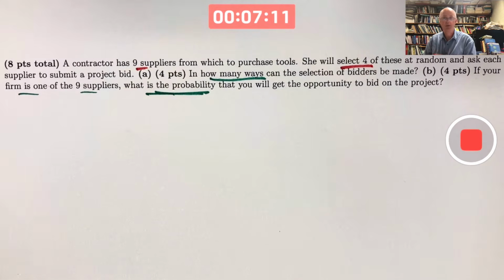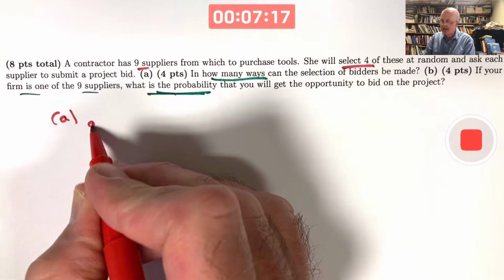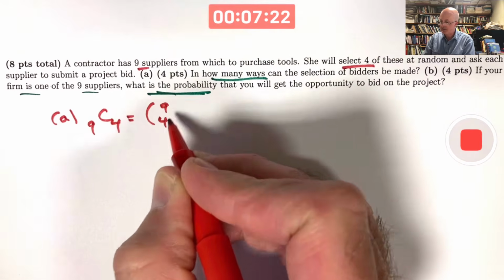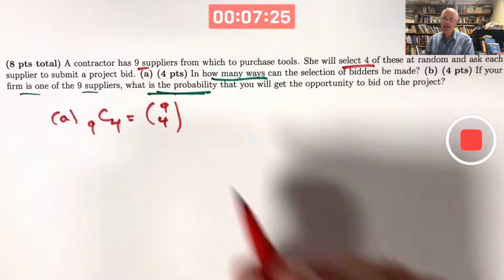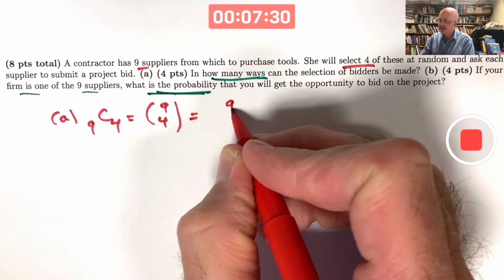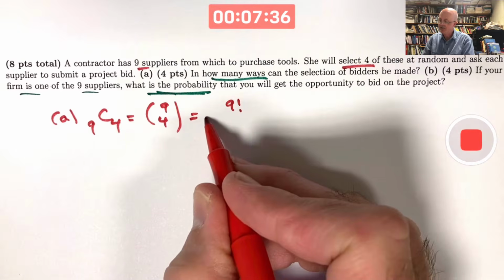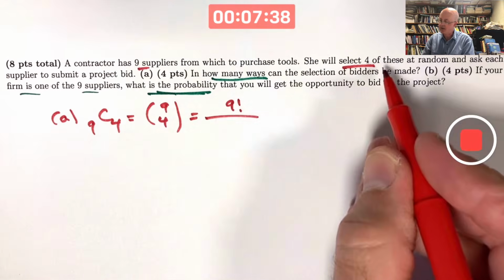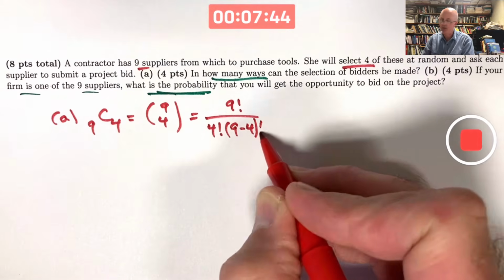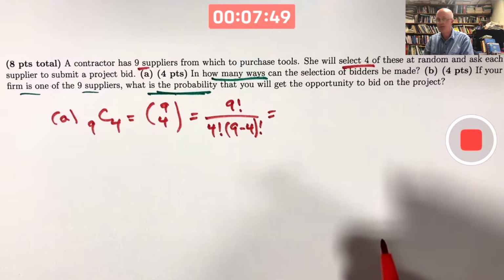Therefore, this is not a permutation problem. This is a combination problem. The answer to part A is 9 choose 4. In alternative notation, you can write it like this. 9 choose 4. That is not 9 divided by 4. It's 9 choose 4. The formula for combinations would say this is the number of suppliers, in this case, 9 factorial, divided by the number that you're selecting, 4 factorial, times 9 minus 4 factorial, which of course is 5 factorial. You can use your calculator, and in fact, I let my students use a calculator here if they want,